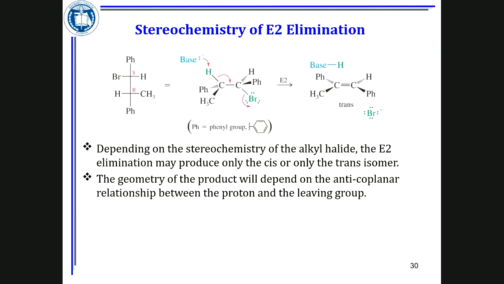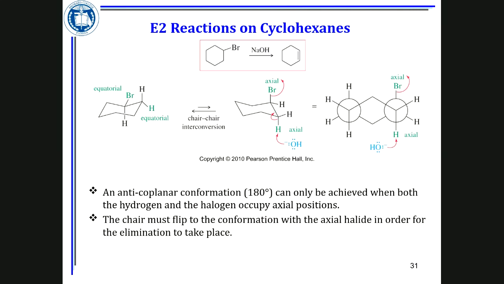With the elimination, as we talked about already, is anti-coplanar. So you get the bromine leaving from one side and the hydrogen leaving from the opposite side. So you could get either only cis or only trans product. For